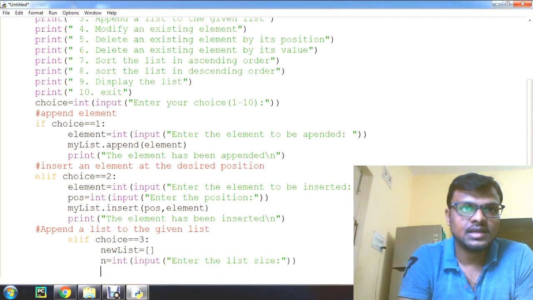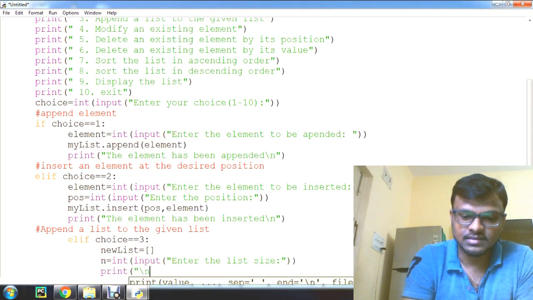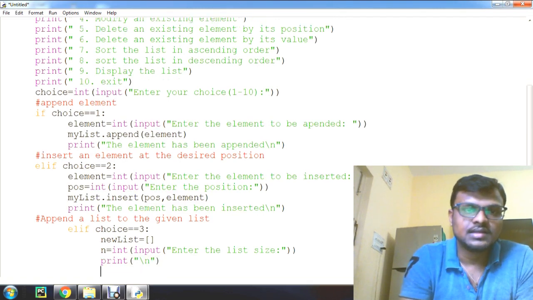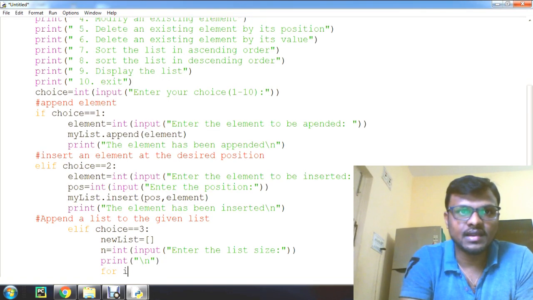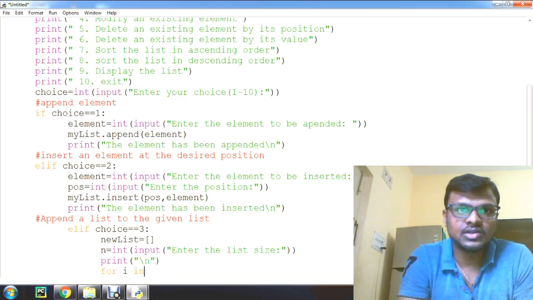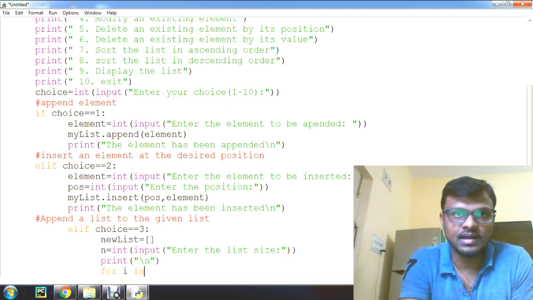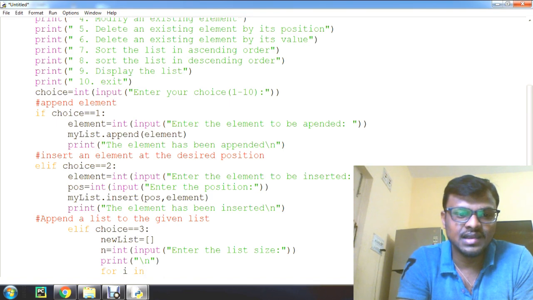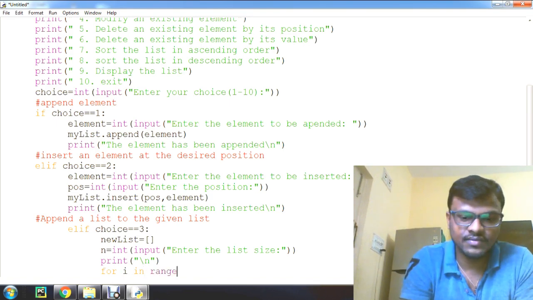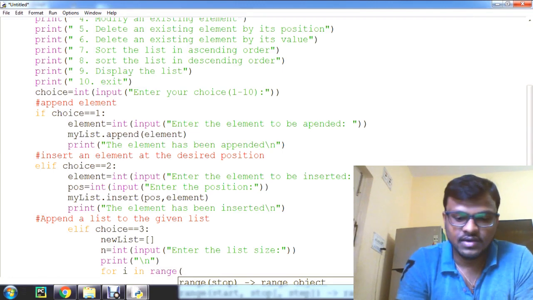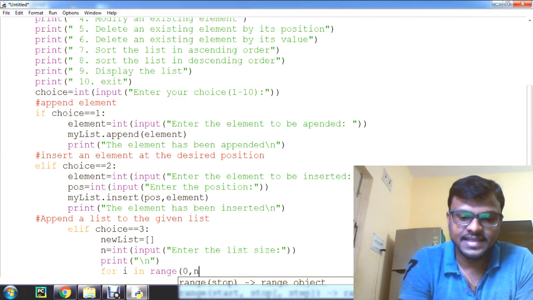After that, print. Then I am using a for loop here to traverse and get the elements and index the list. For i in range, I am starting from 0 comma n.